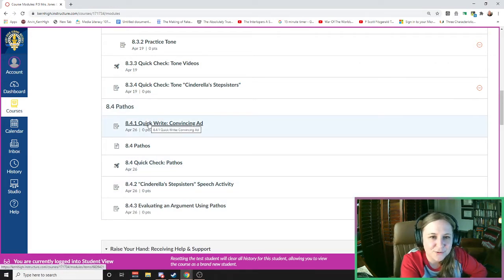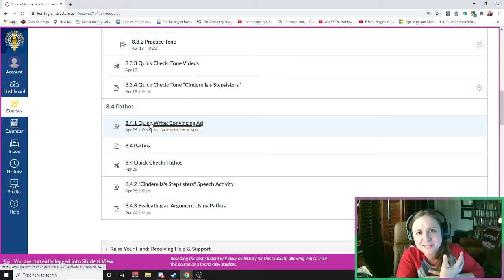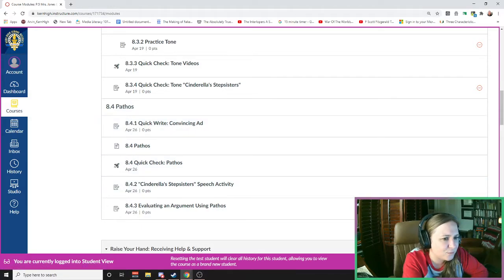So this week we're going to be looking at how writers use our emotions to play tricks on us, to convince us to buy their things or support their causes or to change our minds, to call us to action. And we call this pathos. It's the appeal to emotion. It's when writers or directors or artists use whatever art they're most fluent in to try to persuade people to change in some way, shape, or form.